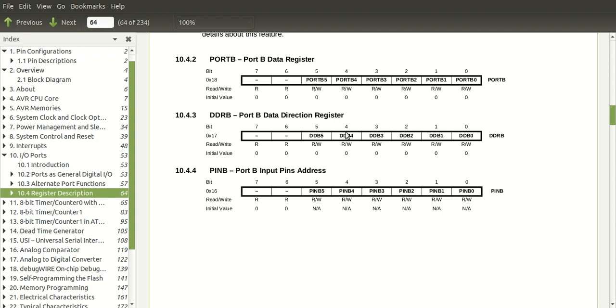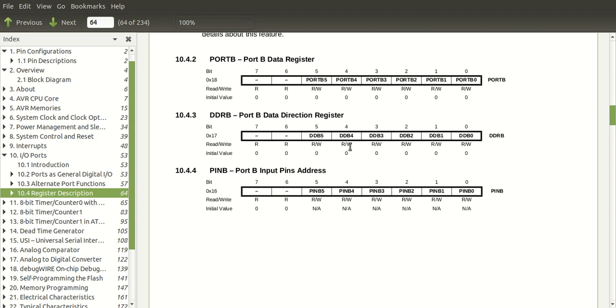So for example, if I want to connect an LED to pin 4 of port B, what I need to do is I need to configure pin 4 of the data direction register as output. That can be done by writing a 1 to this position over here. You have to be careful when you are writing values. You should not disturb any of the other values. For example, DDB5, DDB3 and so on. You should not disturb any of these values. You should write 1 only to this position over here. C allows us to do that, and we will see how when you are doing the actual coding.